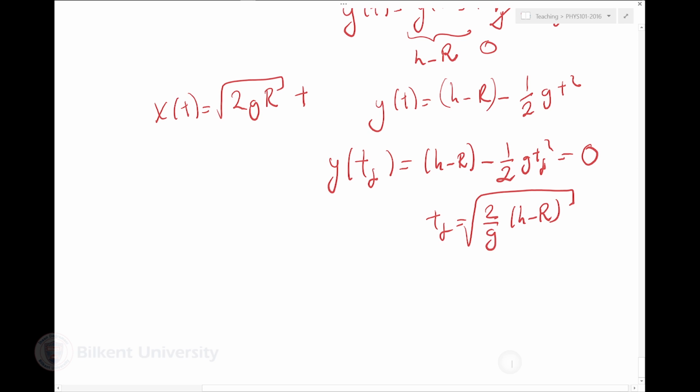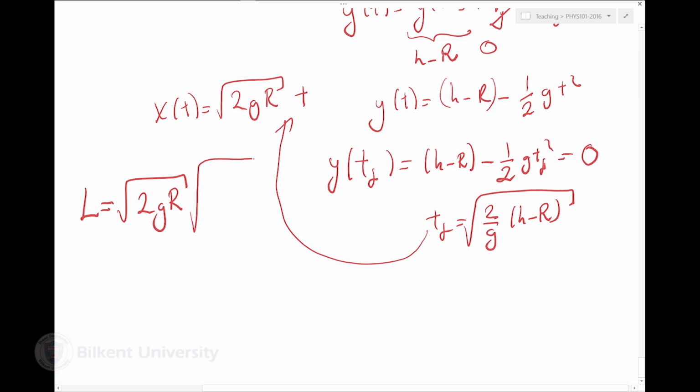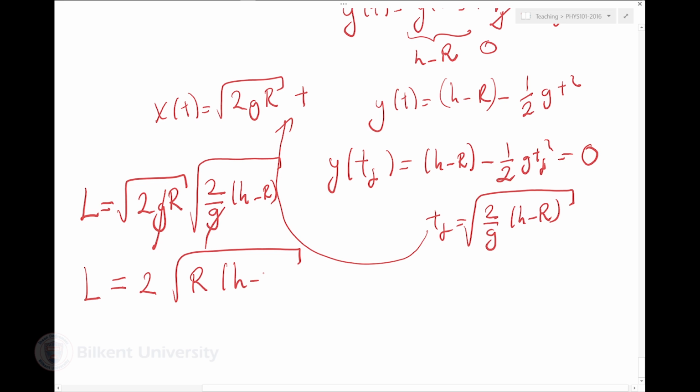So basically, what I should do is, the length I traveled in the x direction is square root of 2gr times square root of 2/g times h minus r, which is L. 2 goes out, and here's the interesting thing. G goes away. I have L equals square root of r times h minus r,